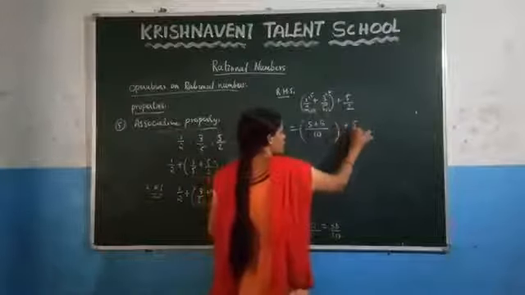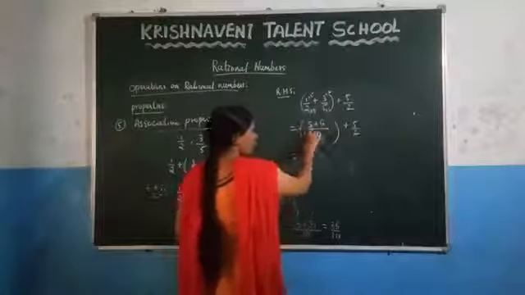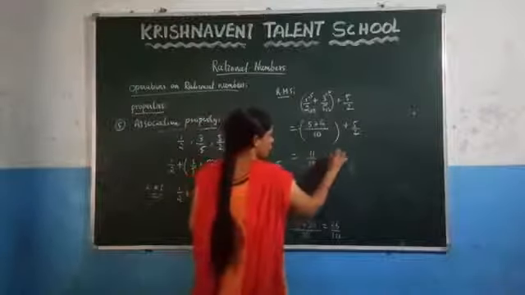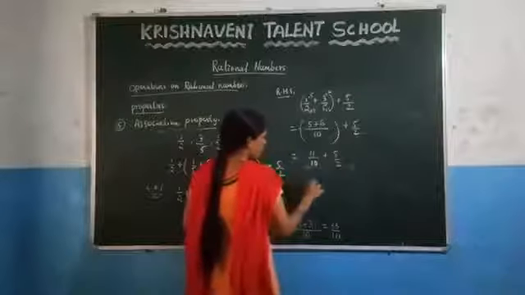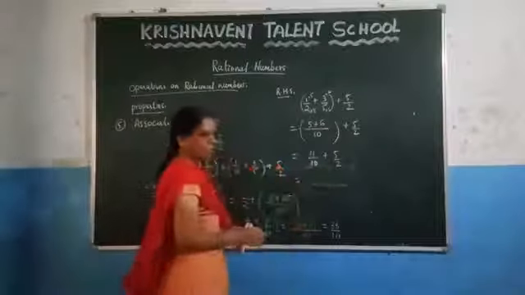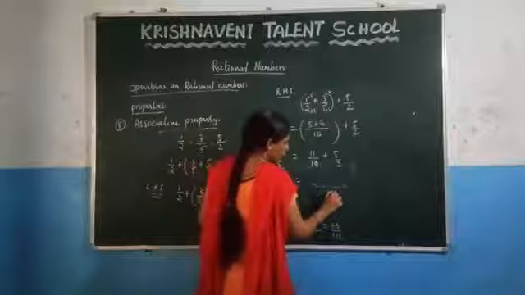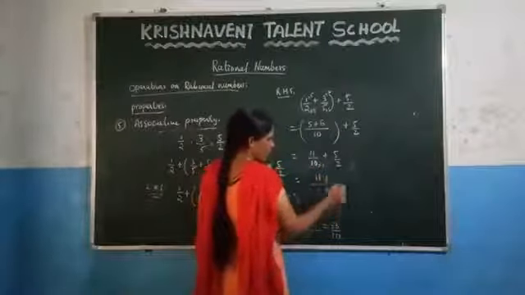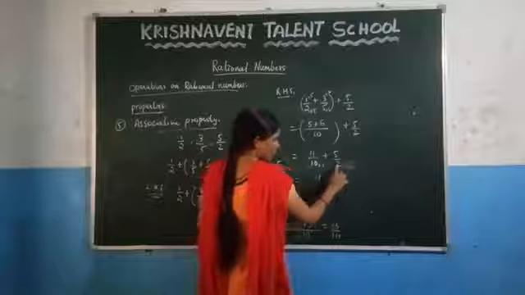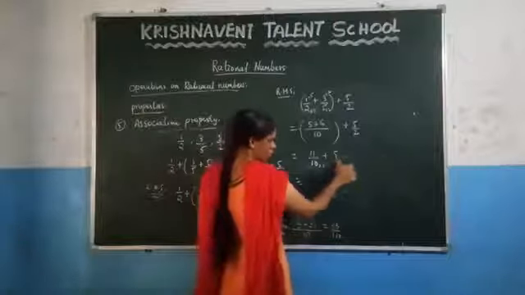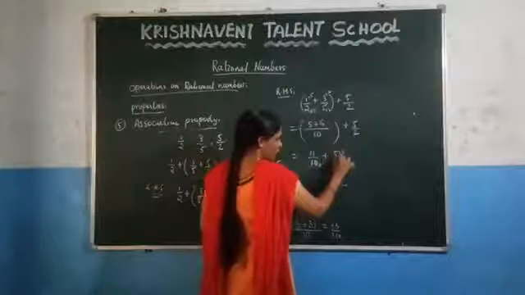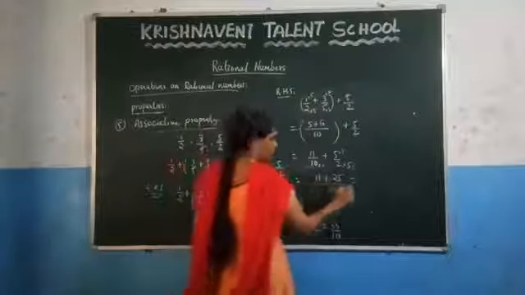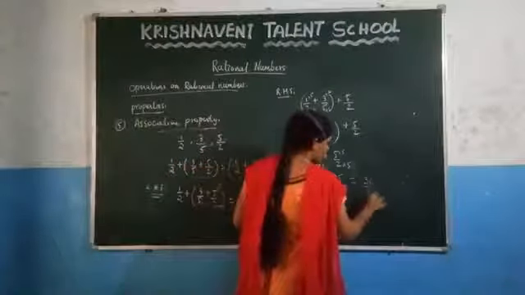Now just keep this number as it is, 5/2. What is the value of 5 plus 6? Which is 11/10, plus 5/2. Now again take the LCM of 2 and 10. So what will you get here? 10. Here 10 into 1, so we need to multiply here. We will get 11. Which number do we have to multiply here? 2 into 5, so here also we have to multiply with 5. 5 fives are 25. What is the value of 25 plus 11? Which is 36/10.